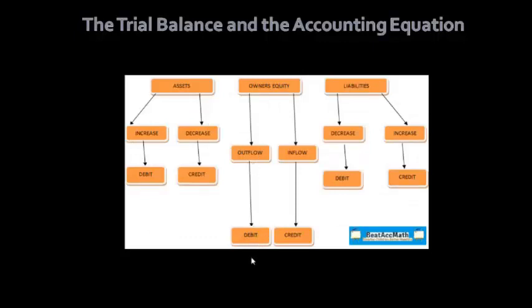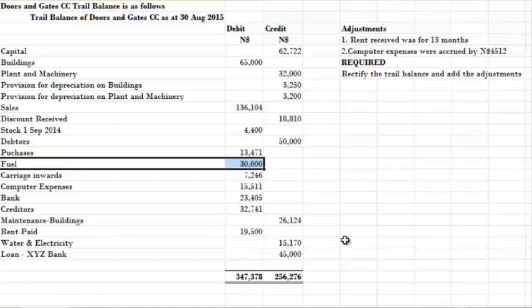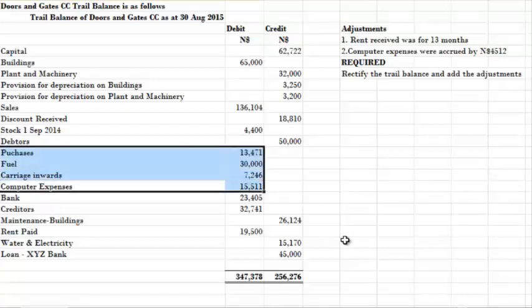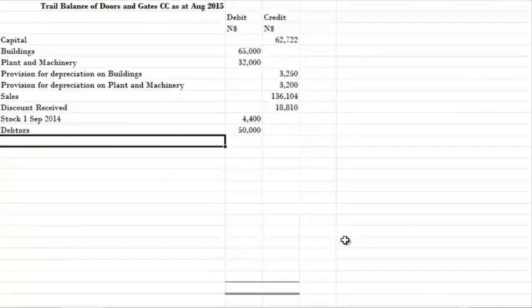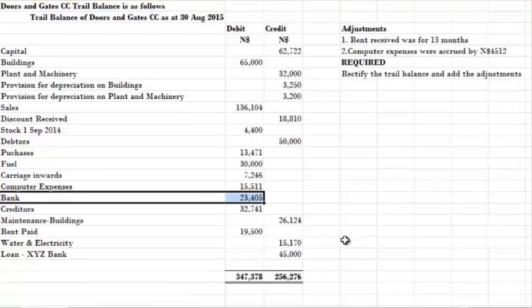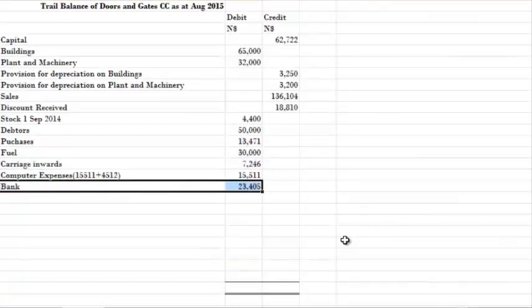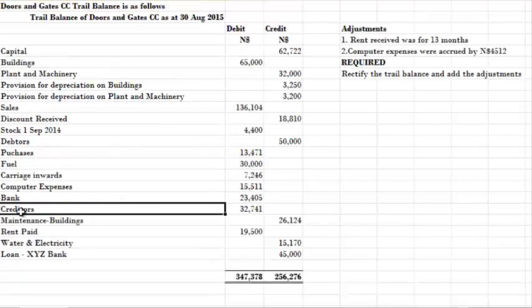our trial balance. Fuel is also an expense, and it should be on the debit side. Carriage inwards is also an expense. Computer expenses is also an expense. So all of these do not need to be rectified, so we can just copy them over. Bank is an asset, and an asset should come on the debit side, so we also can just copy it over. Our creditors are the opposite